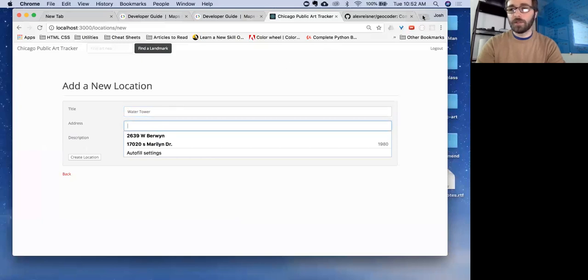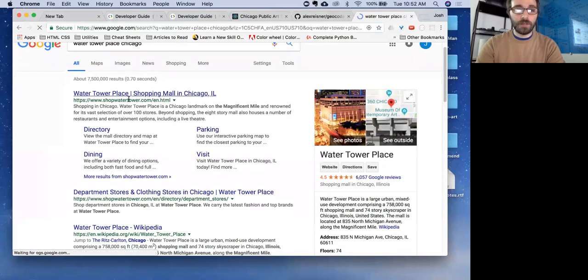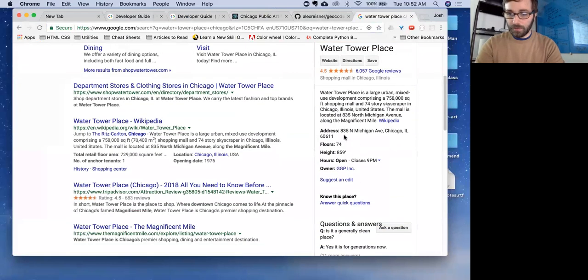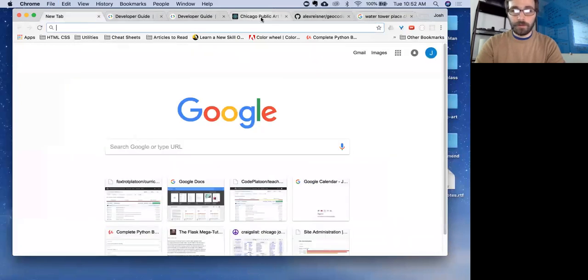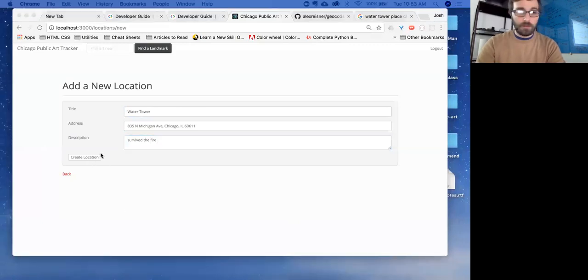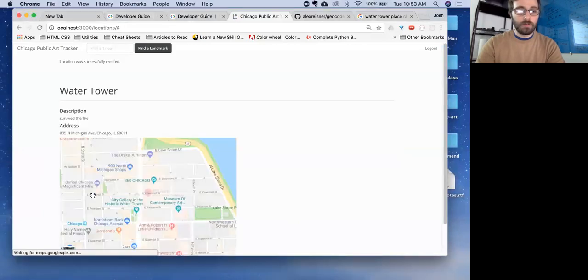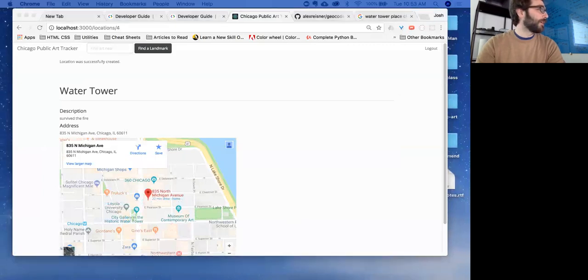Just because I want to make sure this works, I'm going to look up the address. I should be able to do Water Tower, Chicago, but let's just grab this. Survived the fire. I think it might be one of the only buildings that survived the fire. Okay, I'm gonna create this location. Cool, it gets mapped. And then